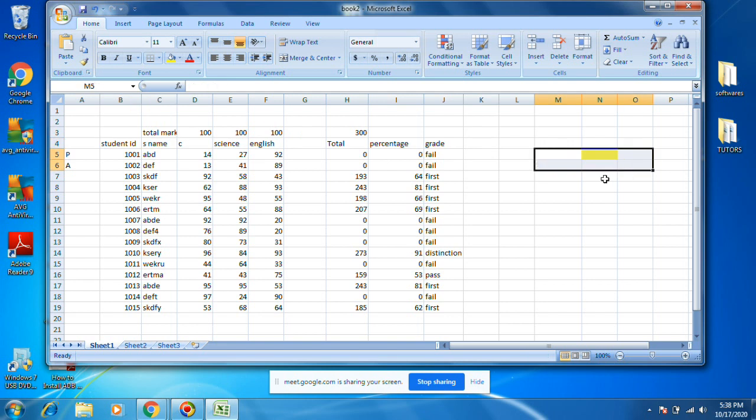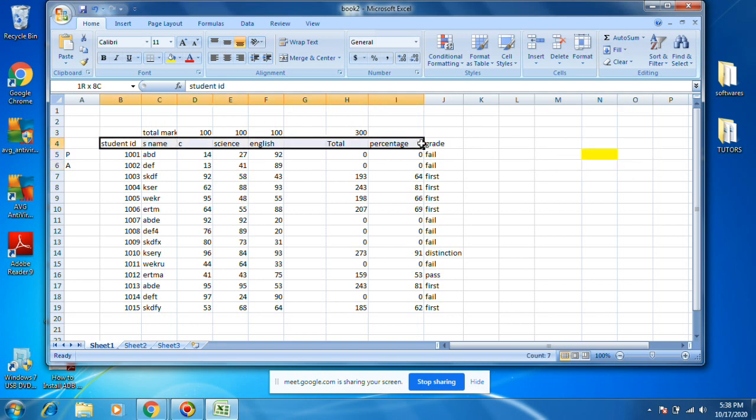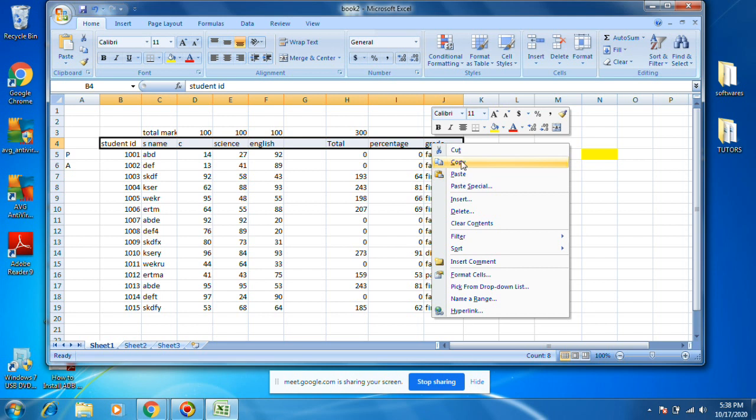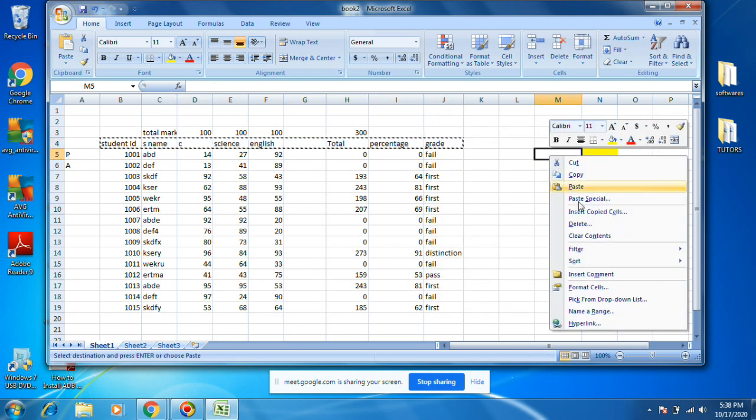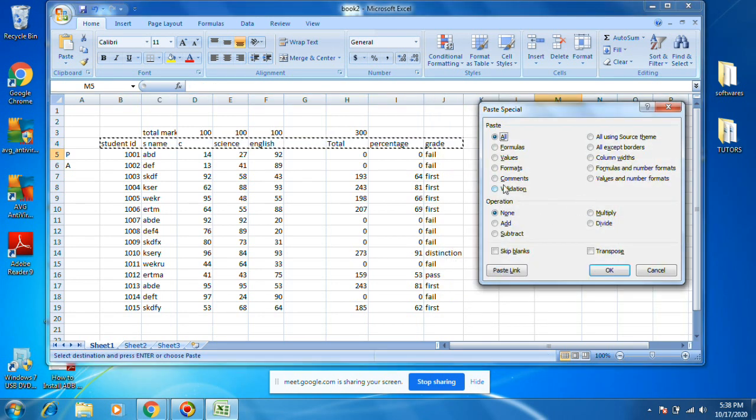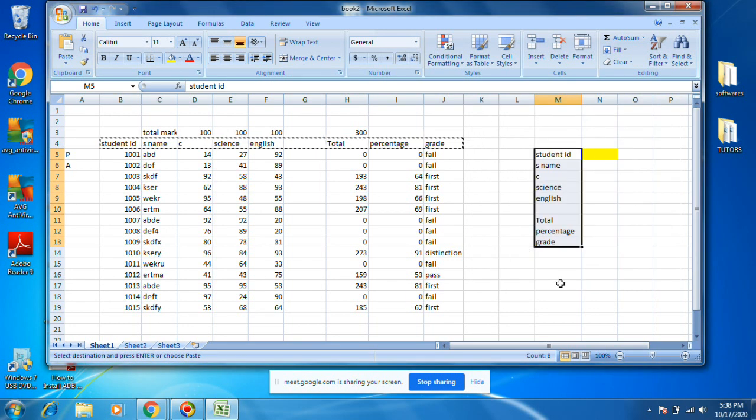You can do paste special also. Let's try paste special. Copy, paste special, transpose. It will come top to bottom. If you click transpose, it is coming like this. Okay, this is what we need.